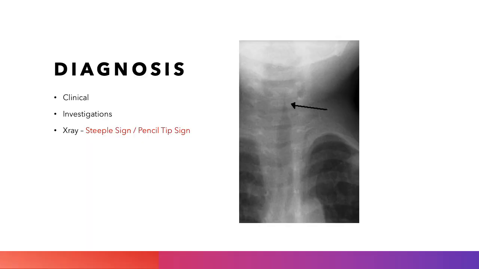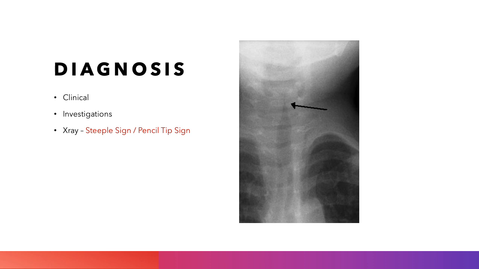How do we diagnose a case of croup? The diagnosis of croup is essentially clinical. A typical acute onset of barking cough, stridor, breathing difficulty, and hoarseness of voice after 24 to 48 hours of a viral prodrome in children of 6 months to 3 years of age is almost diagnostic of laryngotracheobronchitis. Blood investigations and X-ray of neck are not required for the diagnosis of croup in the majority of cases.